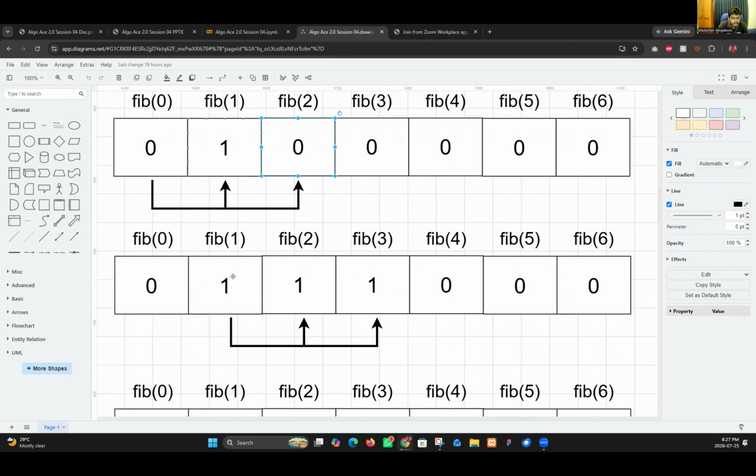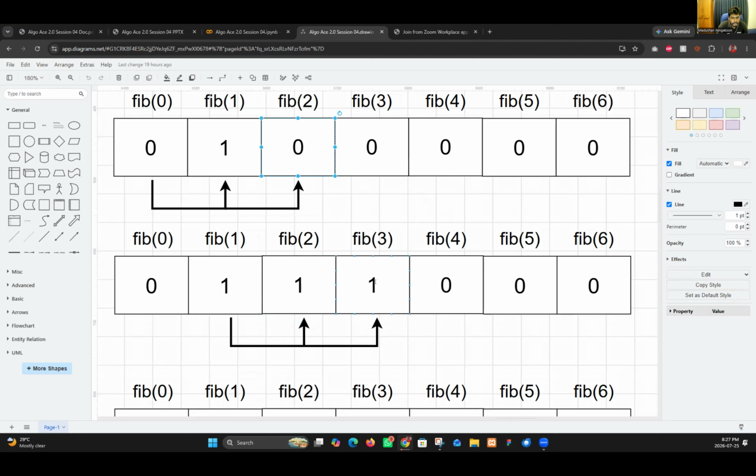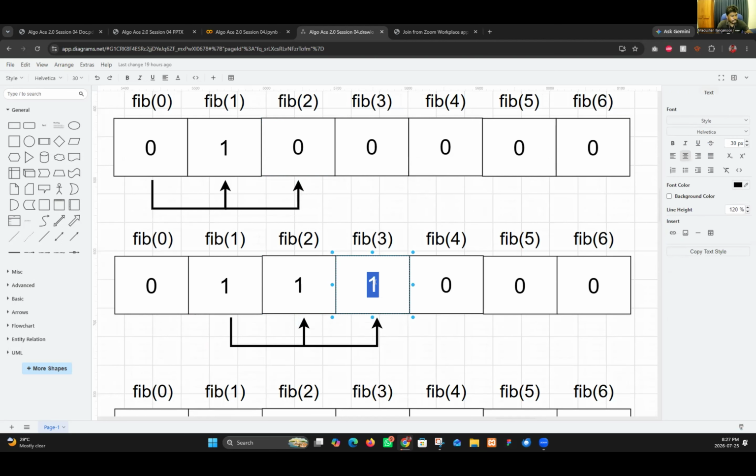Now you will see 0, 0, 1, and 1 plus 0 is 1. The next step is again 1 plus 1. It needs to be assigned here. 1 plus 1 means it needs to be 2. Now you get the value 2.